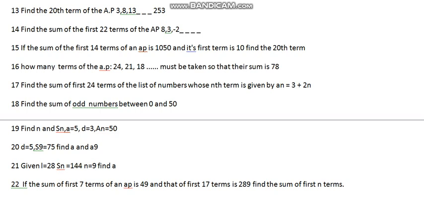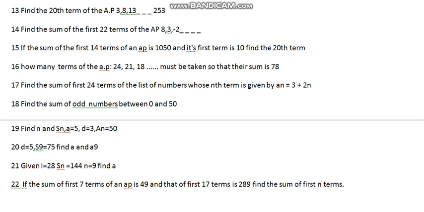Now the 16th question is how many terms of the AP. So the number of terms you have to find. You are given the sequence, that is 24, 21, 18, something like that. In that AP, what they asked you: you are given A, D, and at the same time the number of terms must be taken and should be calculated, so that their sum is 78. Sn is given, A is given, D is given. What you have to find? N. Very simple question. You can do this one, and you will be asked such questions only.